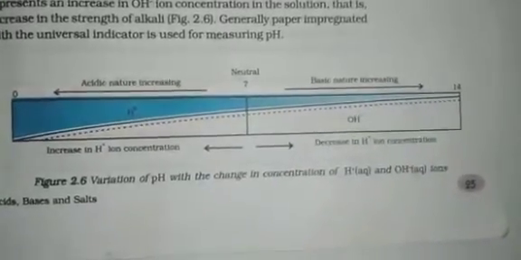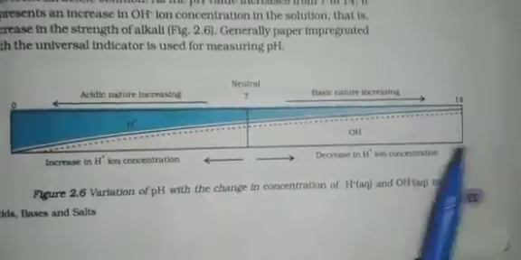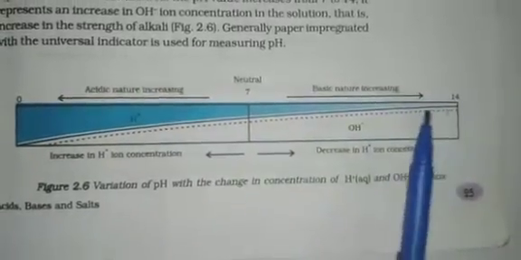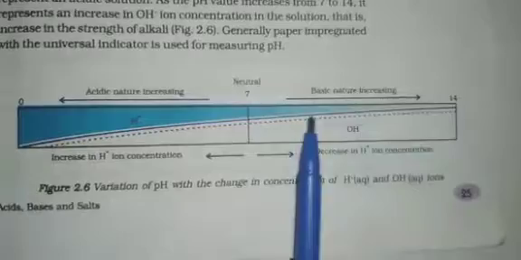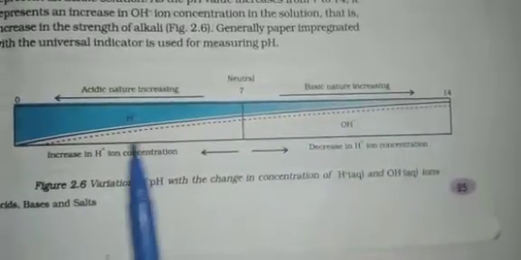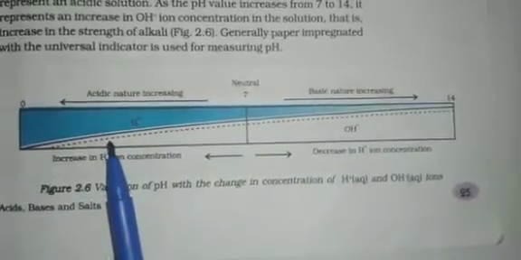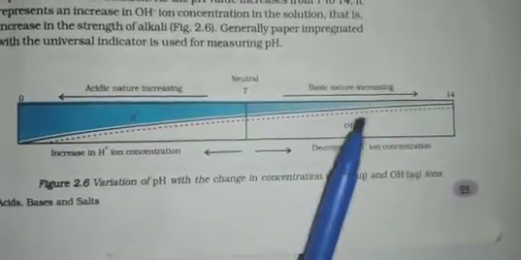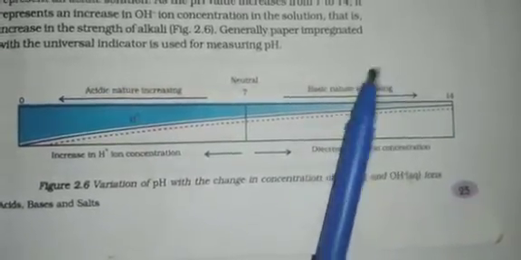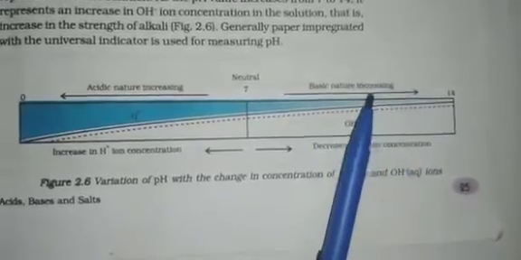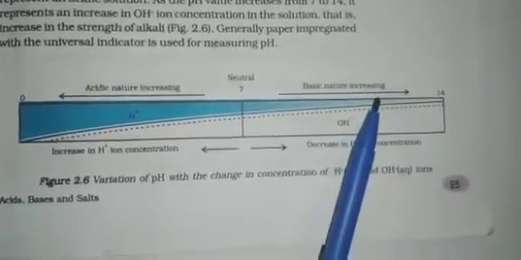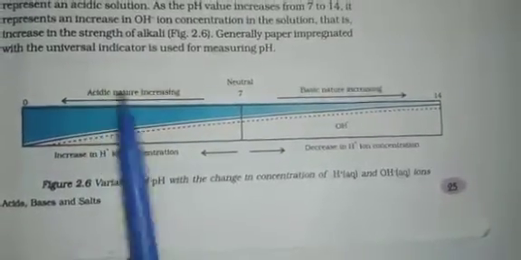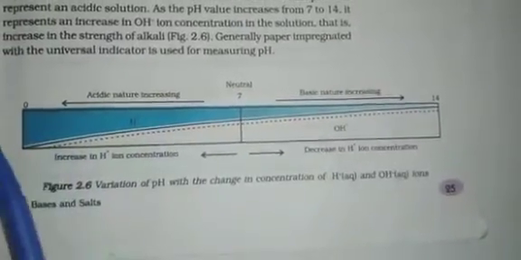In the same way for OH minus also. This white color shows the OH minus ion concentration is more on this side, right? When it keeps on going towards this side, the OH minus ion concentration decreases. So now we can identify that the OH minus ion concentration is more towards this side, which means it is basic in nature. And here the blue color indicates acidity, meaning the acidic nature increases on this side.